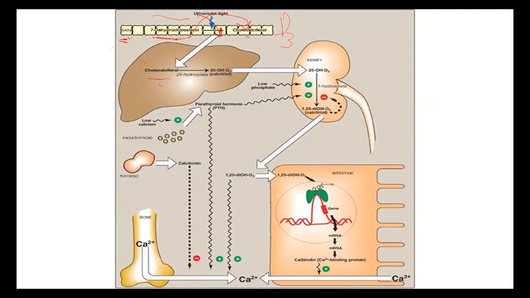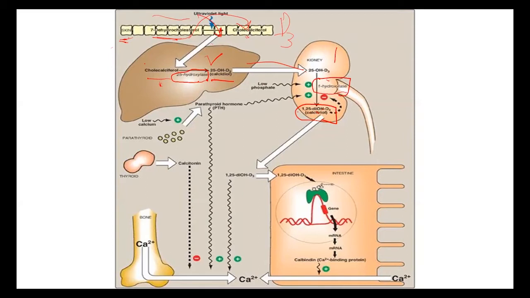In the liver, cholecalciferol undergoes hydroxylation in the presence of the 25-hydroxylase enzyme at position number 25. And we get calcidiol, 25-hydroxycholecalciferol. It moves to the kidney. In the kidney, 25-hydroxycholecalciferol is converted into 1,25-dihydroxycholecalciferol, that is calcitriol, the active form of vitamin D, by another hydroxylation done in the presence of the 1-hydroxylase enzyme